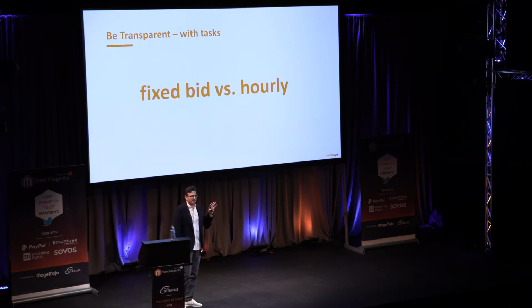This one is a contentious topic in the industry, I would say: fixed bid versus hourly. MediaSpa is almost exclusively an hourly business, and I would tell you that this is better for our merchants as well as for us. The reason is because it allows complete transparency. Every one of our merchants knows how many hours we spent on every task, and they've been pre-approved hours. And if we're going over, we let them know that, and they can see how the progress is going